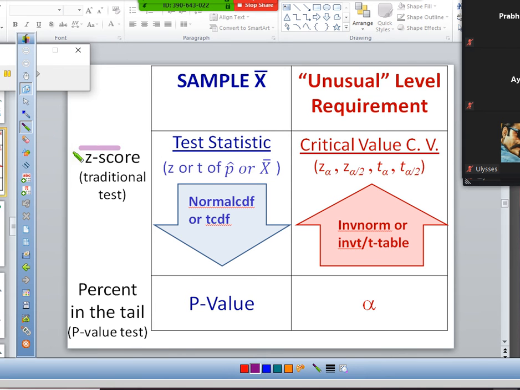Okay, so typically what we do is we compare our z-score, right? That's what we've been doing. So we take a look at our test stat, which is from our sample, right? That's our sample's z-score. We compare that to our gold standard, kind of, our unusual requirement, what we consider to be unusual, our critical value. So all the stuff here on the right, the red stuff, this is all fixed before you even take a sample.